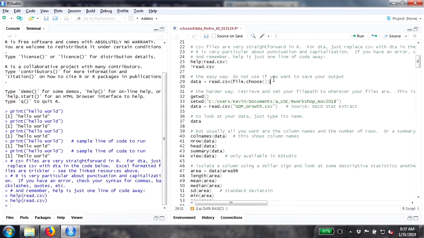There's a really easy way to do it that doesn't require anything with your file path or directory, and it's here on line 28. What I've done here is take the command read CSV, and I'm gonna use this little segment, file.choose, after it, and then I'm gonna save what happens there into an object called data. So if I run line 29,